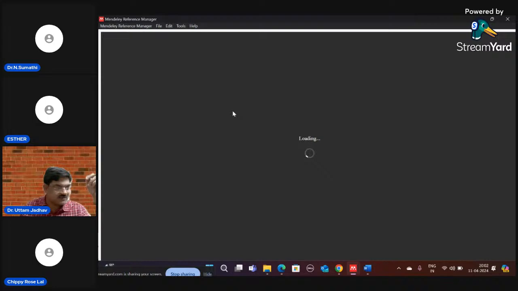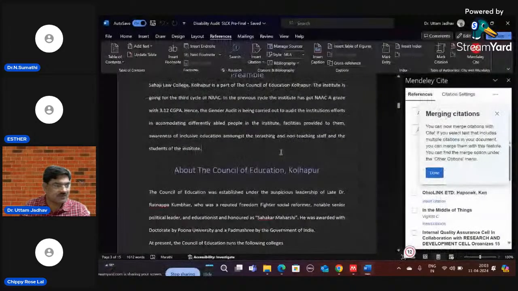Earlier I was talking about how we need to identify the name of the author, its surname, the name of the journal, issue number. All this is being taken care of by Mendeley itself, and it is directly creating references out of these articles which are stored in the Mendeley system. And the beauty of it is, once I am writing my thesis, for example, here I have opened a Word file, and